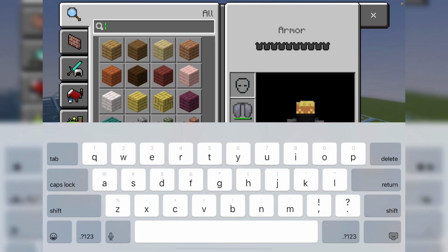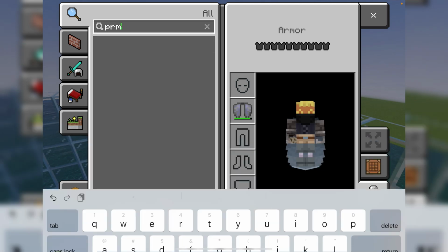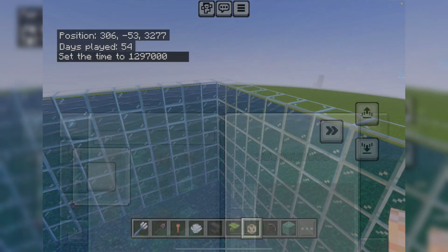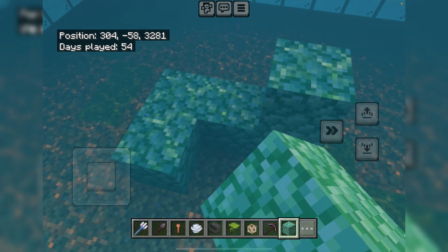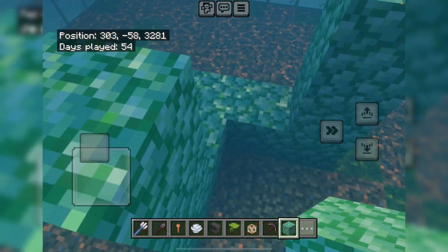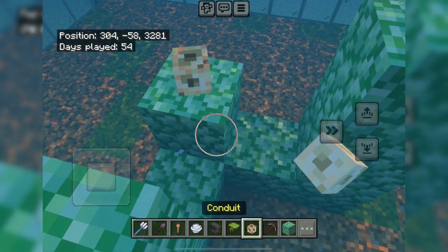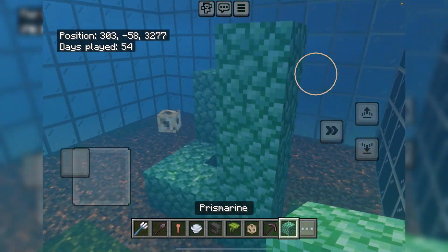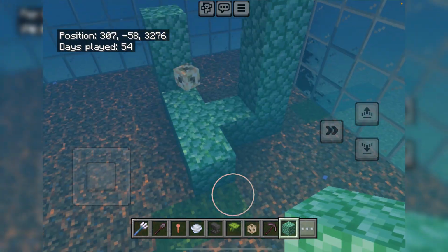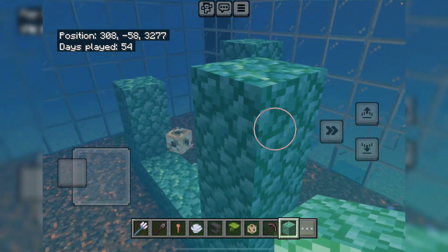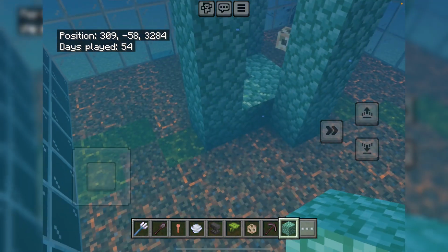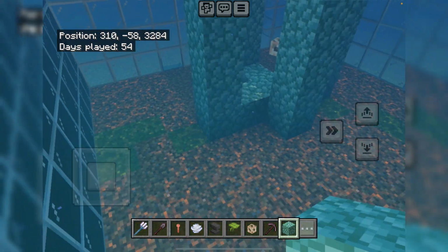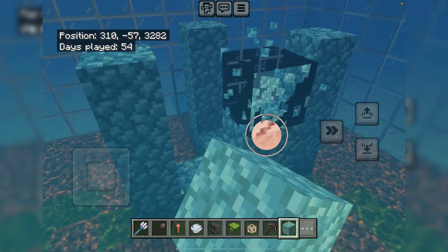So you have to get some Prismarine, and they're found in some ancient monuments, I forgot how to produce them. And then make sure you place it. Then you have to make 1 block outwards and build like this, a pattern like this, and then 2 blocks outwards, and then